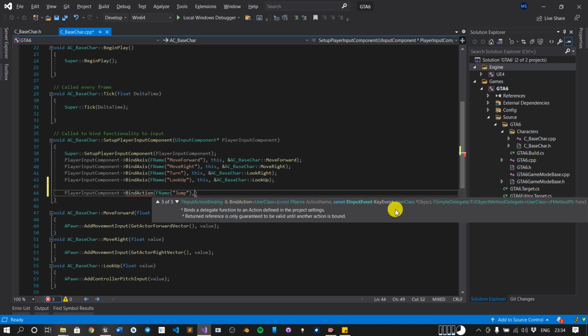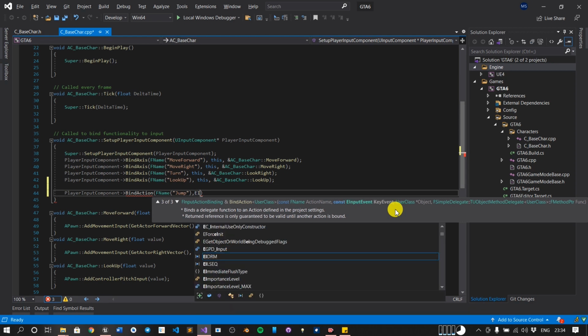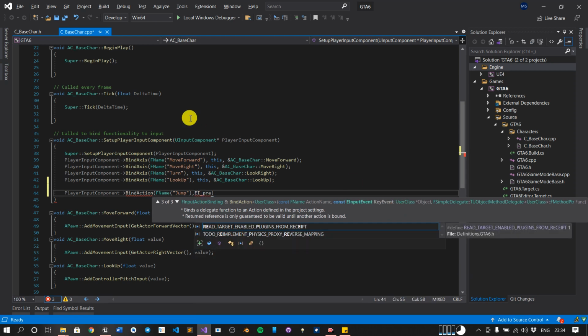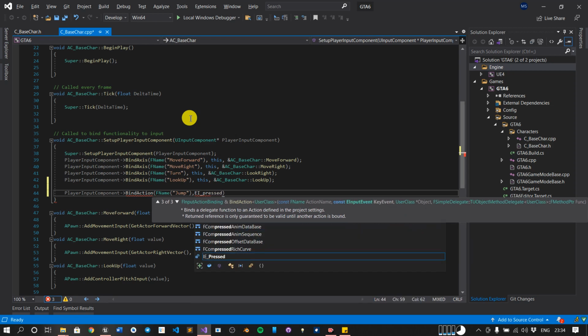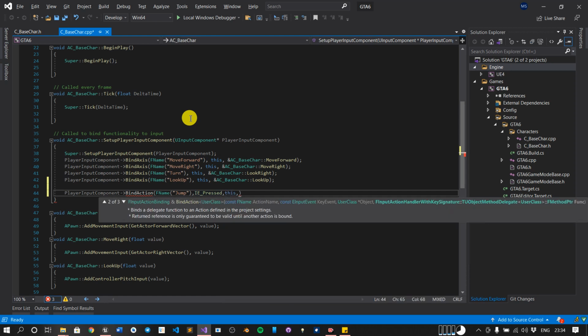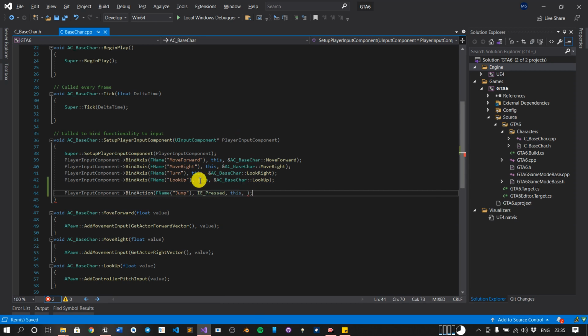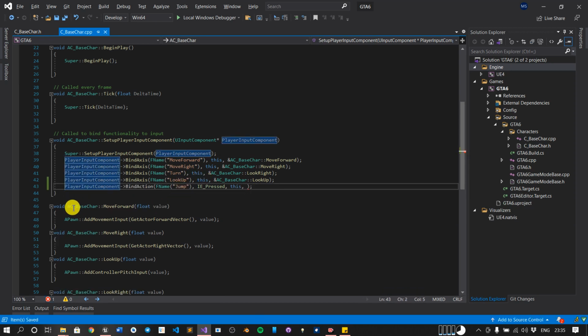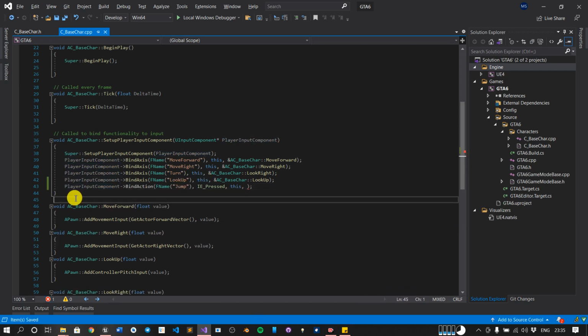So we want it when we have pressed the key, so we will put IE_Pressed, comma, we have to include the user class, which is the current one, and next we have to give a function pointer. We haven't generated the function yet, so we will create a function first, then we will go forth.